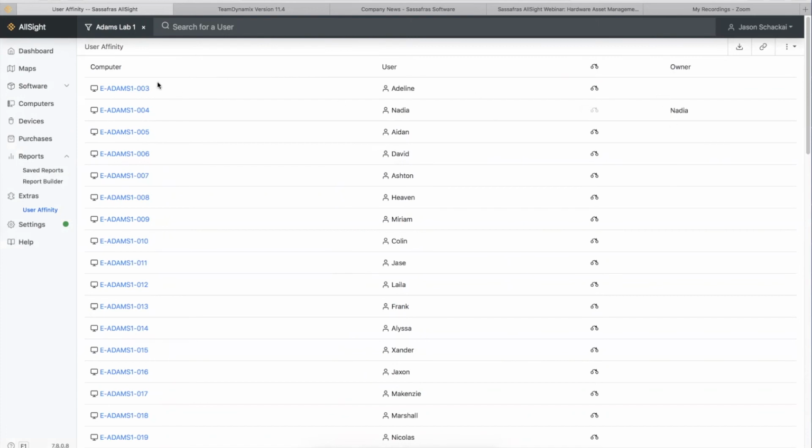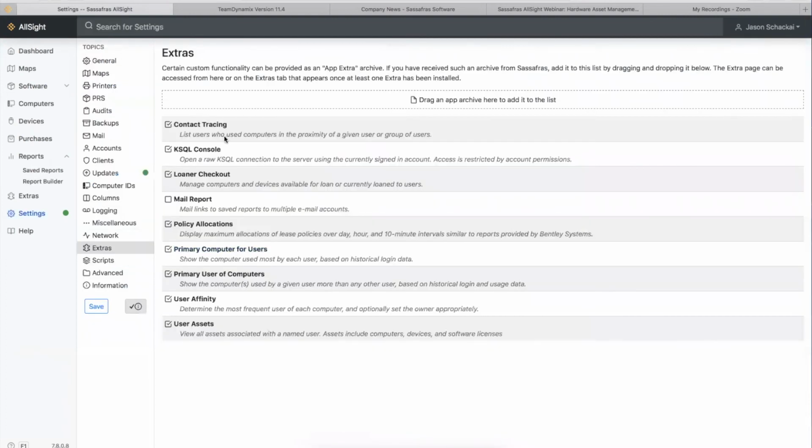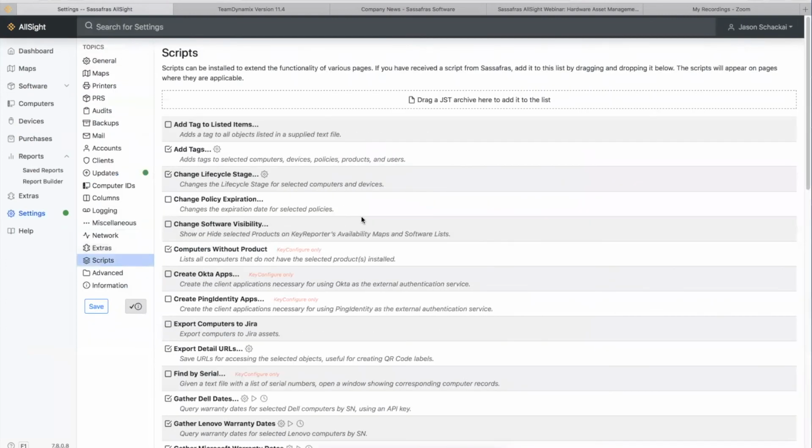And then you can just simply, on a one-by-one basis, drop their name into the owner field, or up top here, I could in bulk do that same action and just drop the primary username into the owner field for all those computers at once. So again, extras, kind of like those scripts, except they have their own web UI element, and they run on the web side, as in the web server, as opposed to on the server itself, which is where the scripts are going to